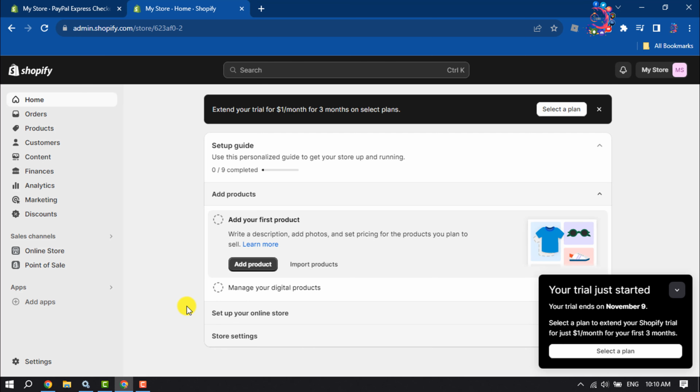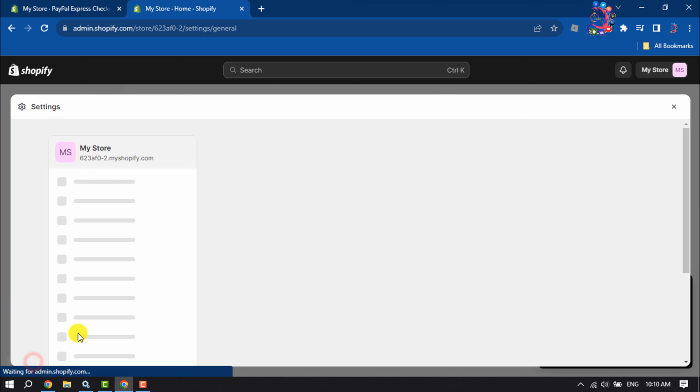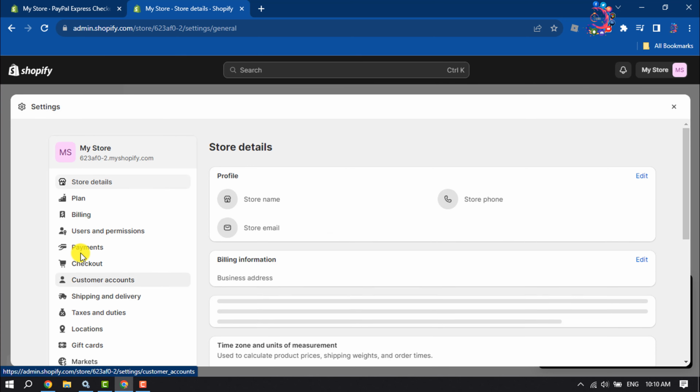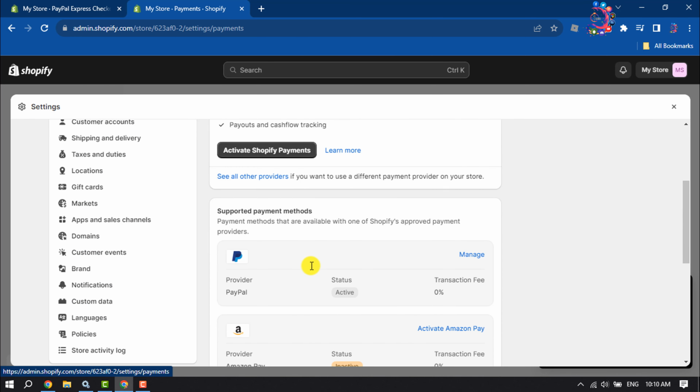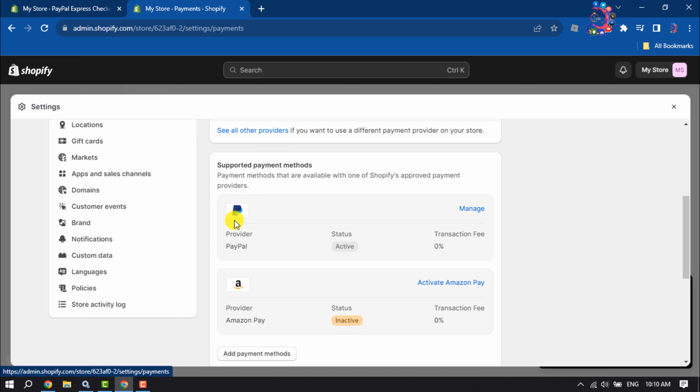Log into your Shopify admin panel and click on settings. Select payments and you will get your PayPal payment method here. Click on manage